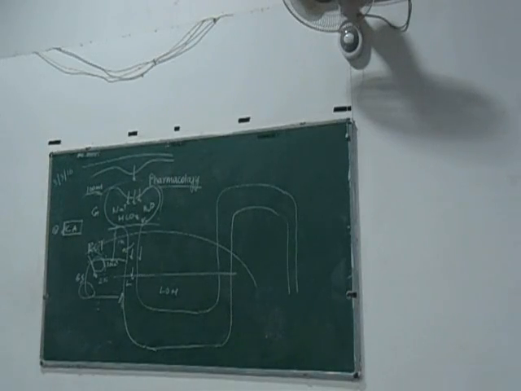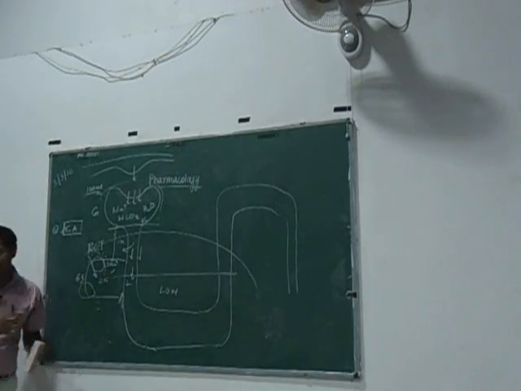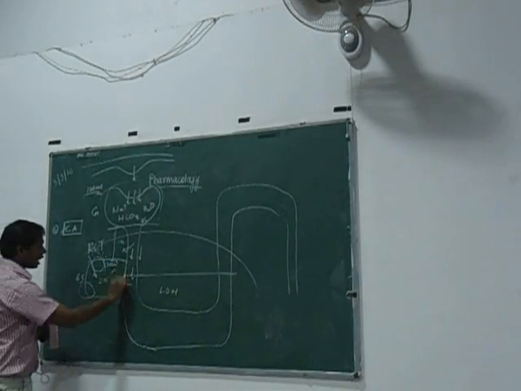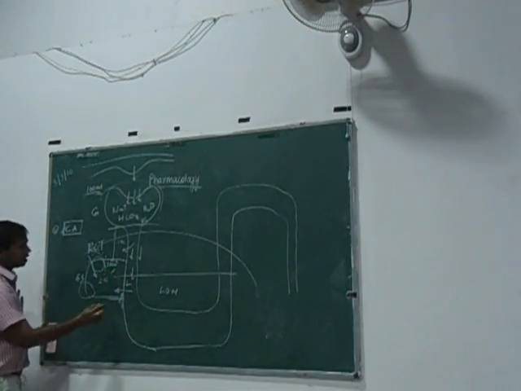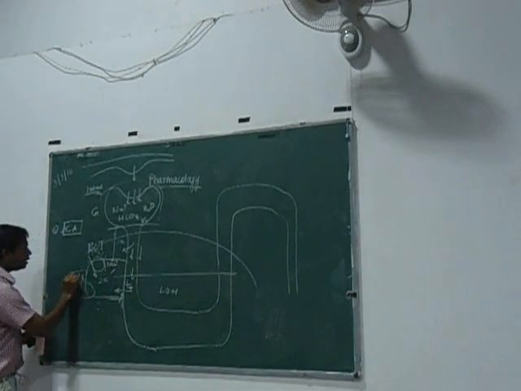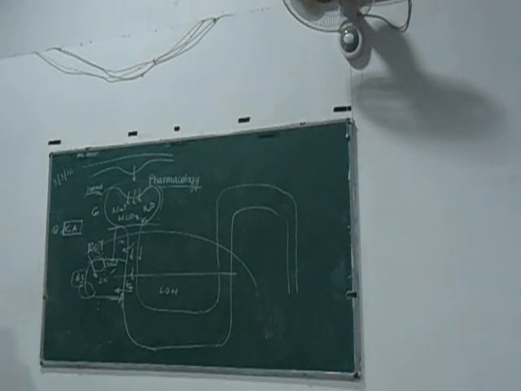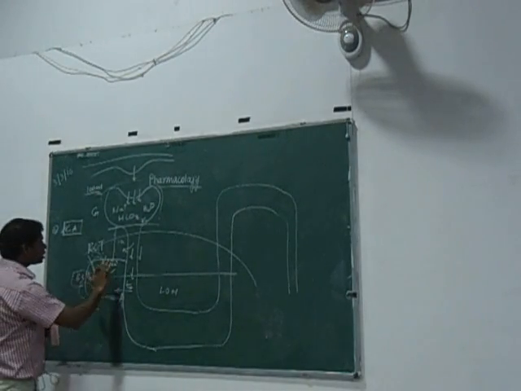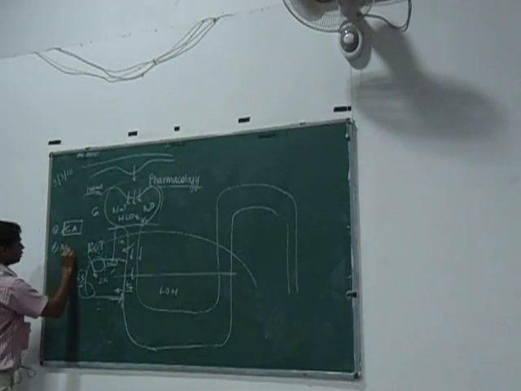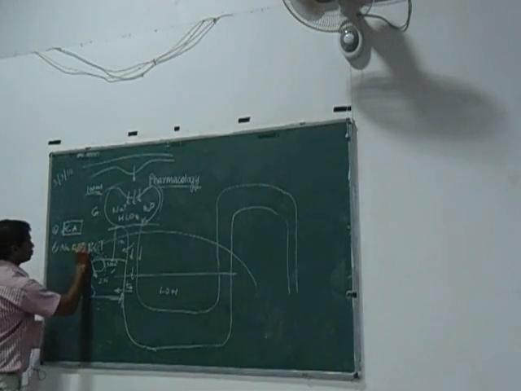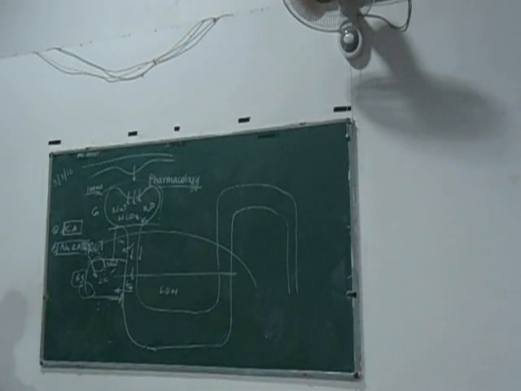Even though exchange is taking place, this exchange is not equal. That means the cell has the potential to draw in some of the positive ions from the luminal side. This we call the luminal side, and the other side we call the basolateral side. These are the terms which we will be using again and again. Now we are speaking about this basolateral cell, on which the sodium potassium ATPase system is working. You are clear? There is a sodium potassium ATPase system which is maintaining the concentration of sodium and potassium